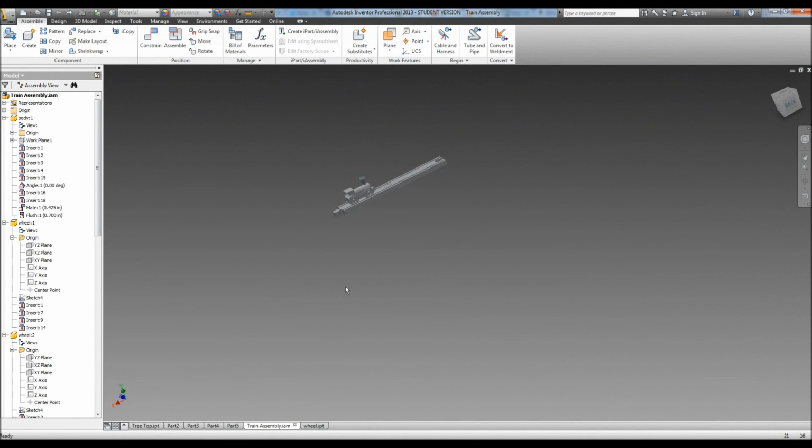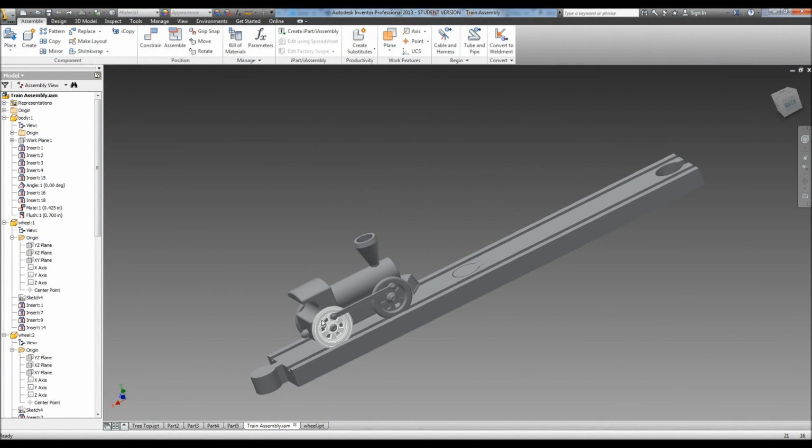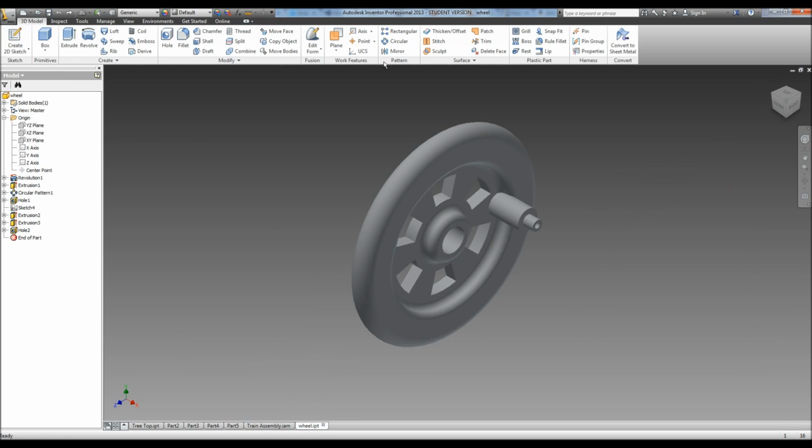Okay, this is a tutorial on how to create the motion for your train in Autodesk Inventor. We want it to move down the track. I've gone ahead and added in a second piece of track just to give us a little more distance for the train to go. The first thing we need to do is open up our wheel,